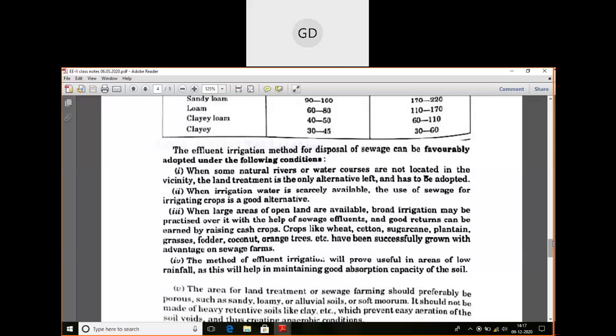This is a genuine reason, because if you are going to dispose of sewage and there are no rivers or water courses nearby, then the only option is to